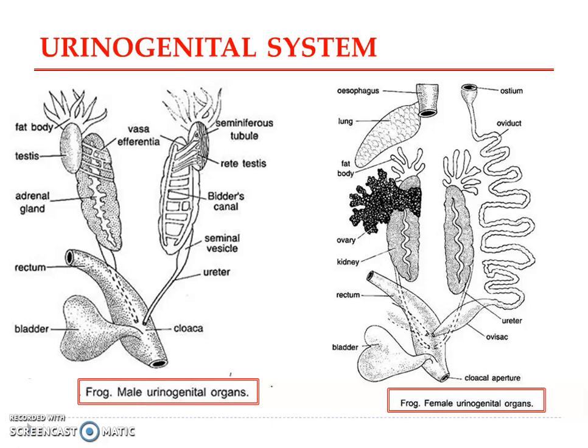So in male frog, the urinary duct, that is the ureter, acts as a renal duct as well as a genital duct, and hence it is known as a urinogenital duct. Here you can see it acts both as the duct for transmitting sperms as well as the urine. So it is known as a urinogenital duct. Fine. Now in the case of the female reproductive system,